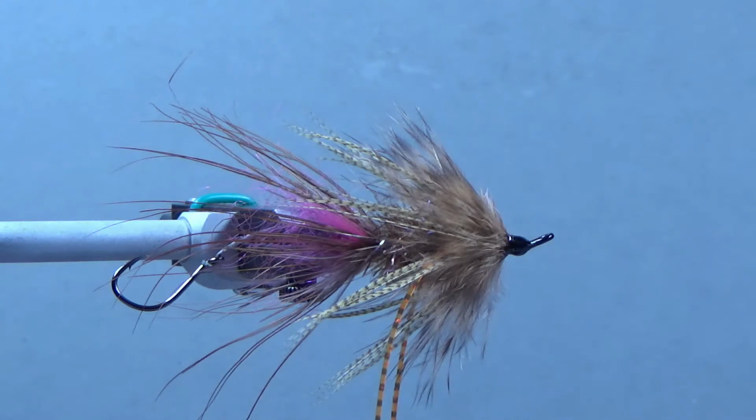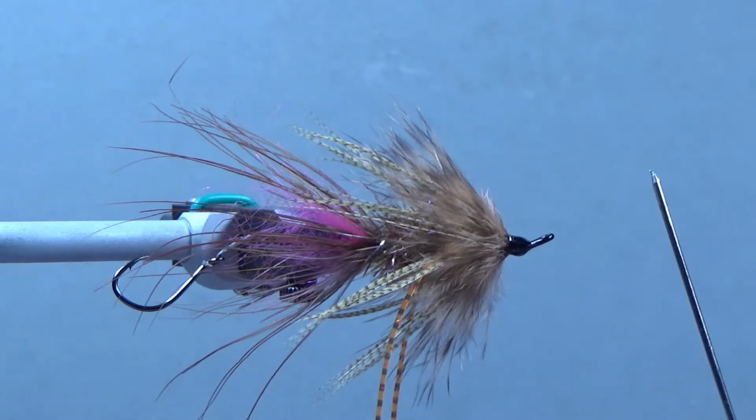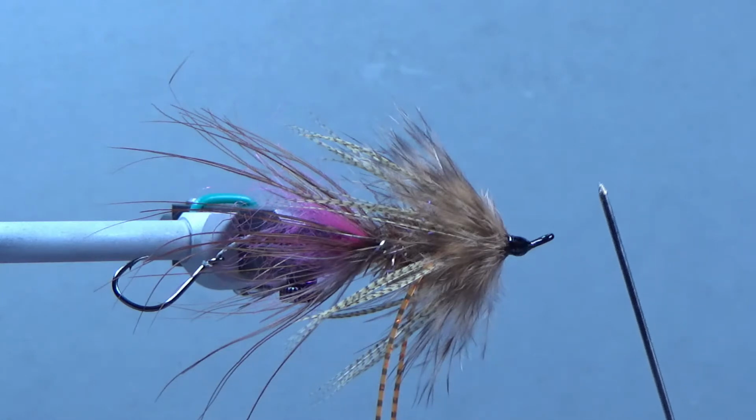Today we're going to tie a micro intruder for trout. You can fish it with either a spey rod or the single hand rod. If you fish it with a single hand, you can use an intermediate poly tip or something like that, or a full sinking line or sink tip on your rod to get the fly down. Fishing with a spey rod, it's pretty easy to just change out sink tips to get it to the